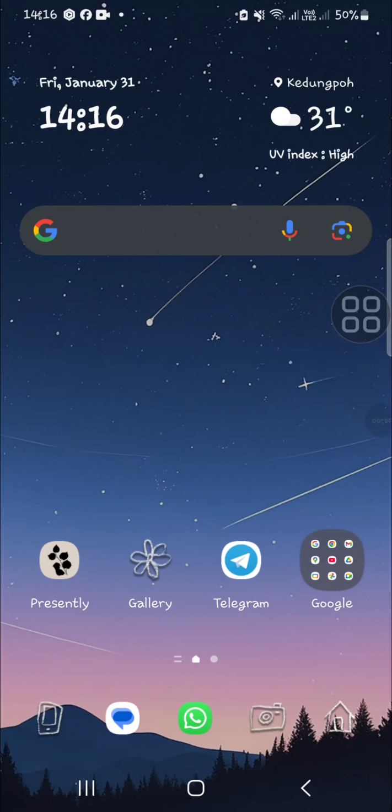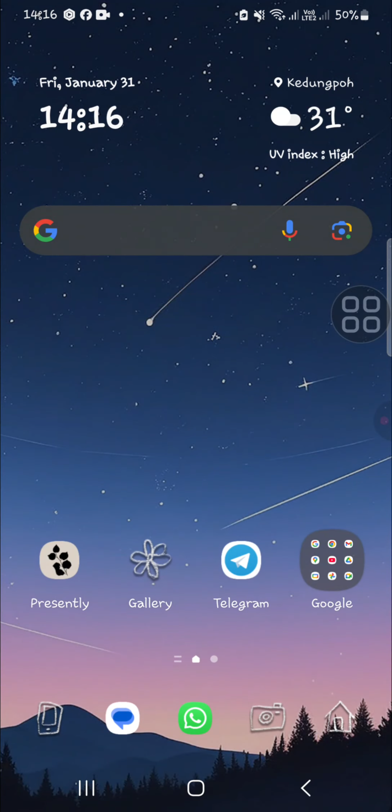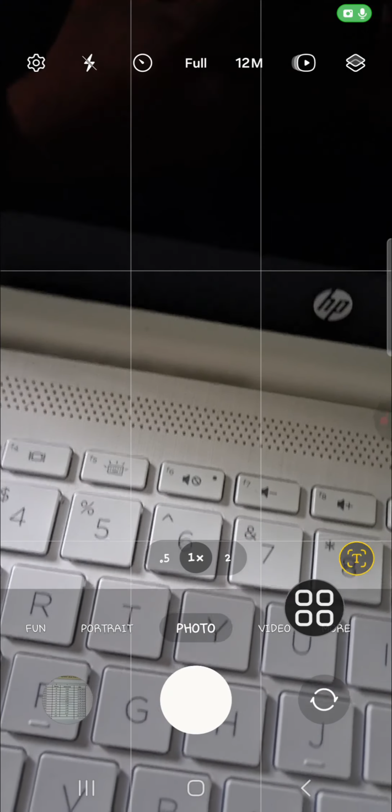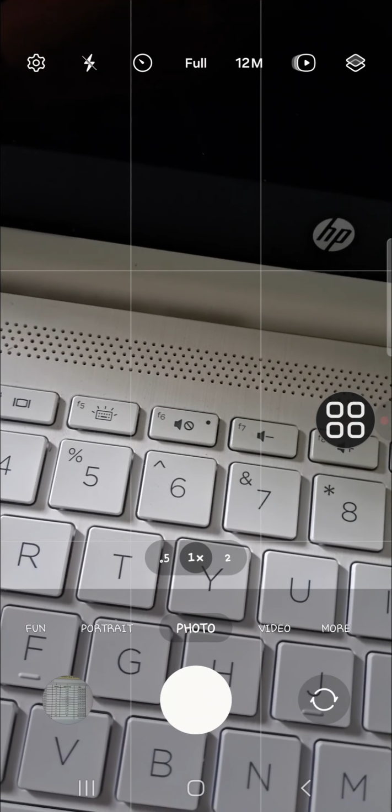In today's video, I'm going to show you how we can shoot on an Android mobile phone, especially on a Samsung Galaxy phone. Okay, let's get into it, guys. Here I have opened my Samsung Galaxy phone, and first of all, I'm going to open up my camera application. Here I'm going to show you how we can use our Android mobile phone's camera